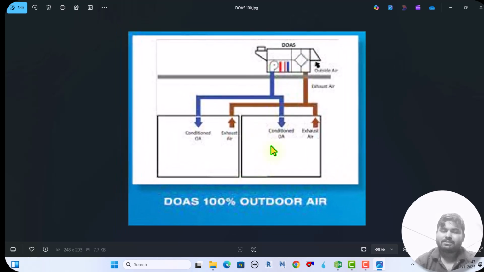100%. It's directly coming into the spaces. Here it takes outside air, and after conditioning, the air comes directly into the spaces. Okay, but I have to use one other unit for the ventilation system, only for fresh air. Okay,